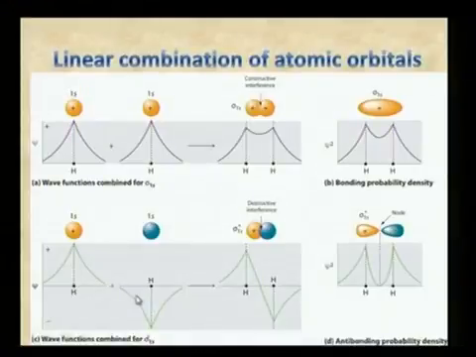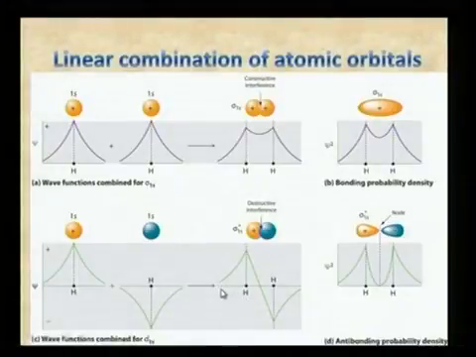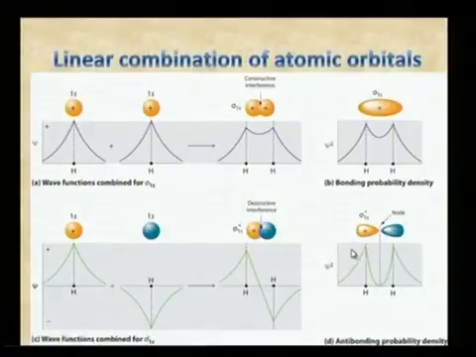combine in different phases with opposite signs, they result in destructive interference. Due to this destructive interference, the anti-bonding molecular orbital is formed. As we already know, the anti-bonding molecular orbital has a node between the two nuclei and is of greater energy and lower stability. Okay. So,